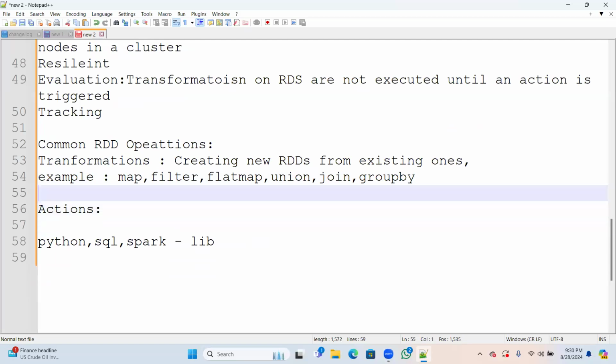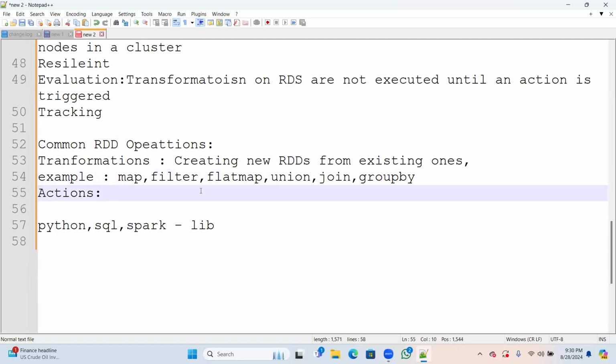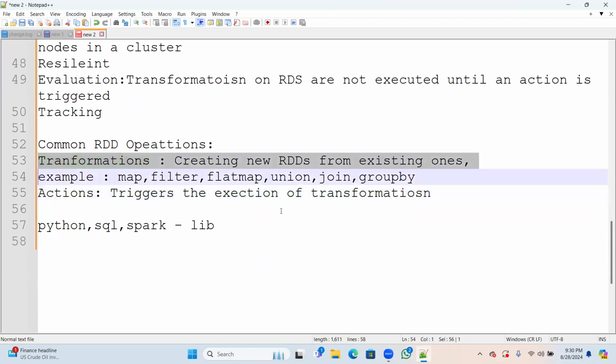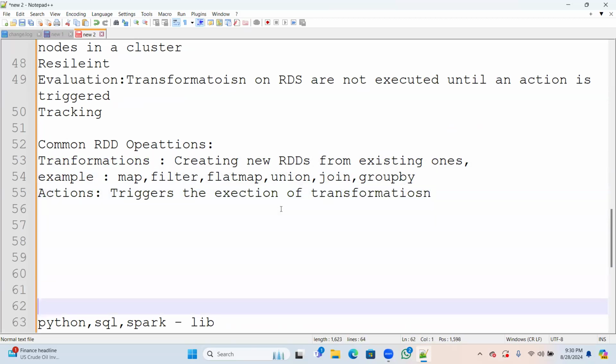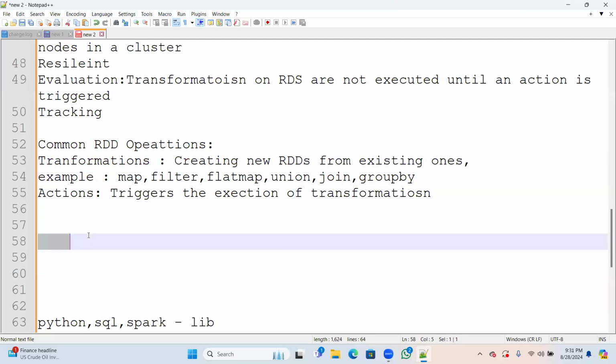Actions trigger the execution of transformations. Initially, generally, they will create some transformations here.